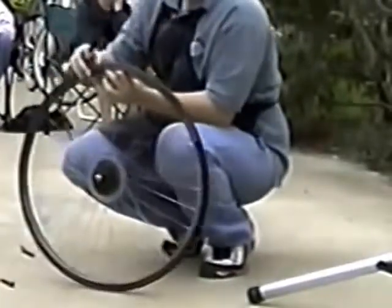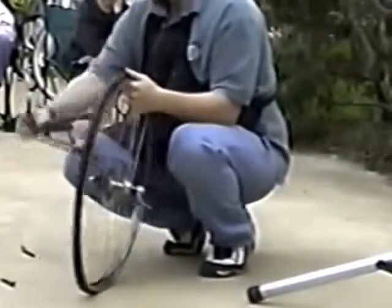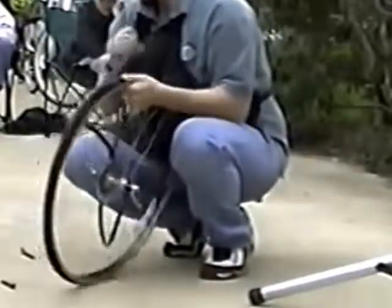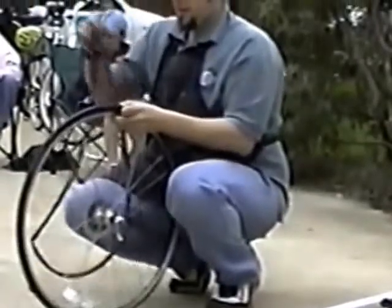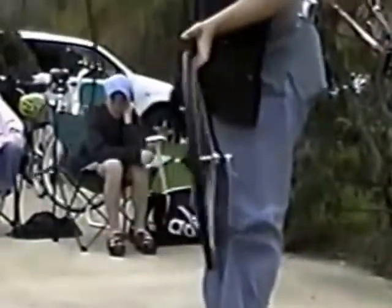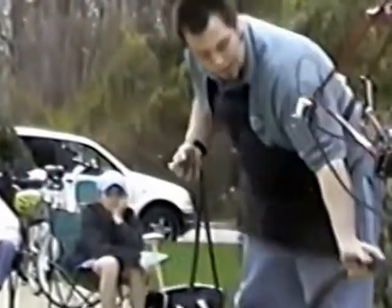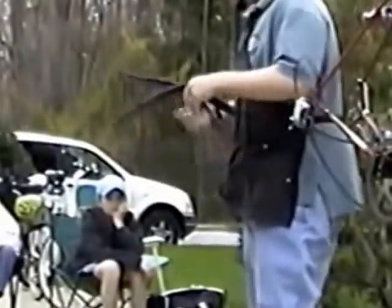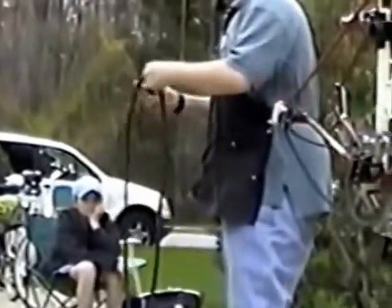If you are just changing a flat, this is all you need to do, because now you can pull the tube out from inside the tire. And now you have your tube with your hole in it. If you're on a ride and you're out on the road, you can just fold this up, bring it with you, and patch it at home. Or if you're at home changing a flat, you can now, what you want to do is...